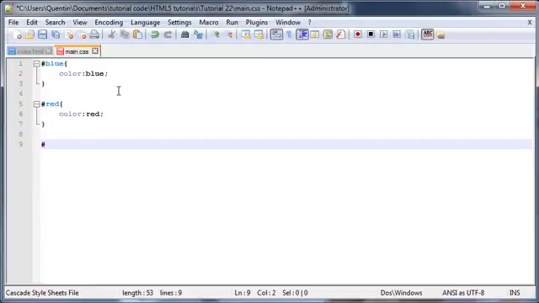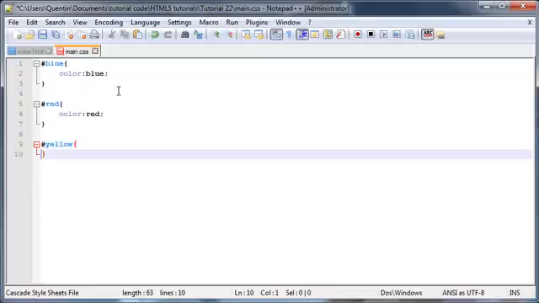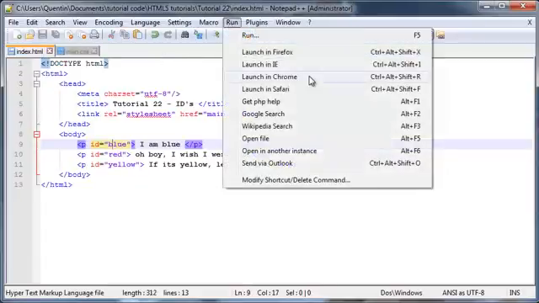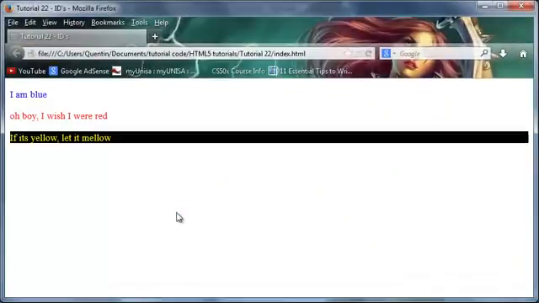and then the last one can be, well, we've got to select the ID of yellow, and we'll go ahead and change this color to yellow, but I'm going to give it a background color of black, just so that we can actually see it, because in the previous tutorial, you guys couldn't actually see the yellow text. So let's go ahead now and run this in Firefox,